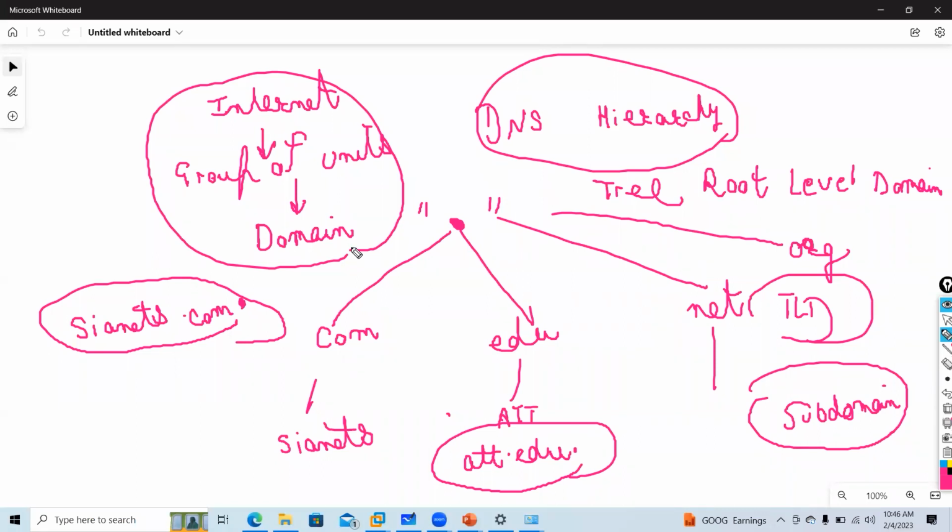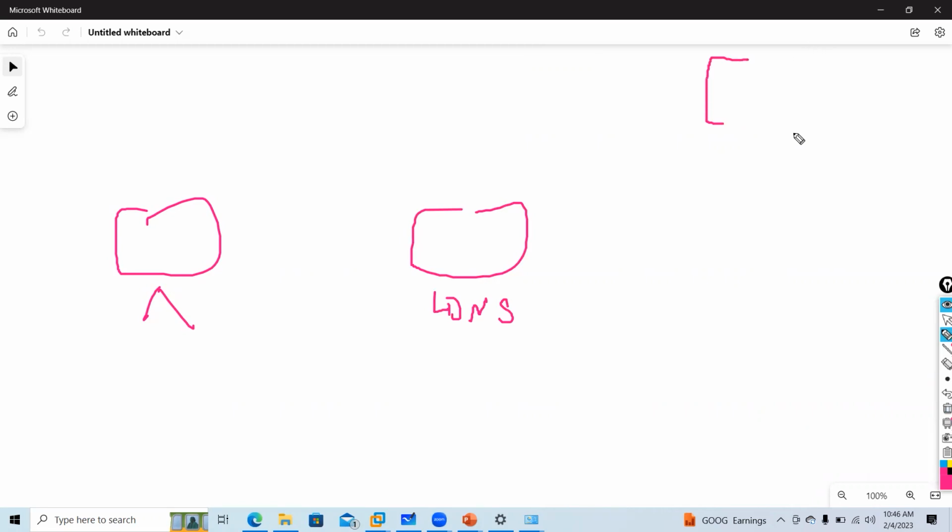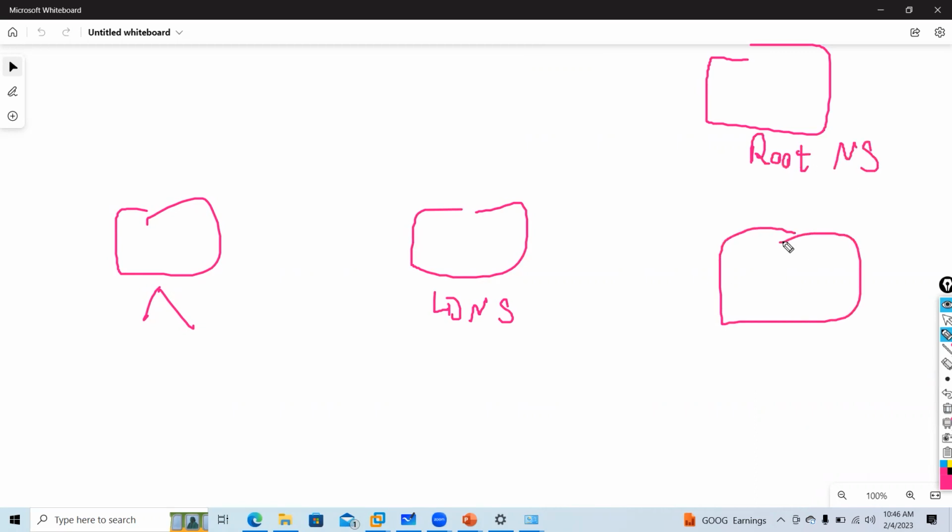So how does your name resolution happen? Let's talk about that. I will draw a picture for you that will make it easy. I will have a computer, then a local DNS, then the root name server, then the .com name server, then the Sianets.com name server.